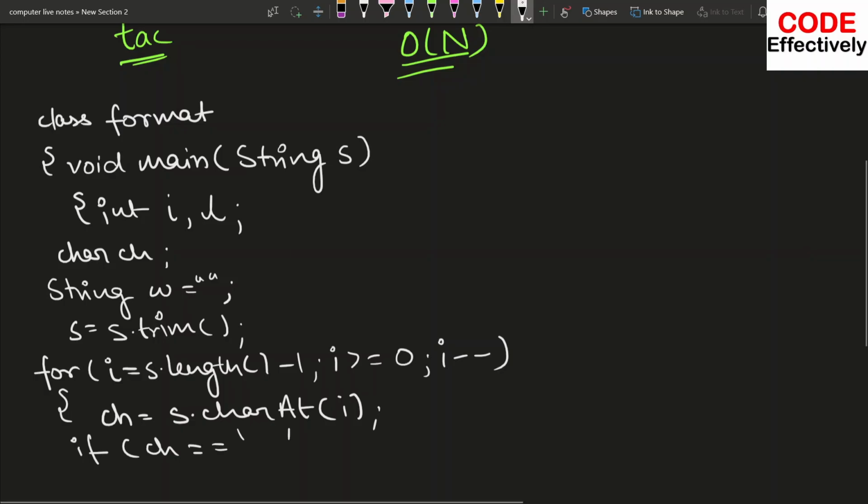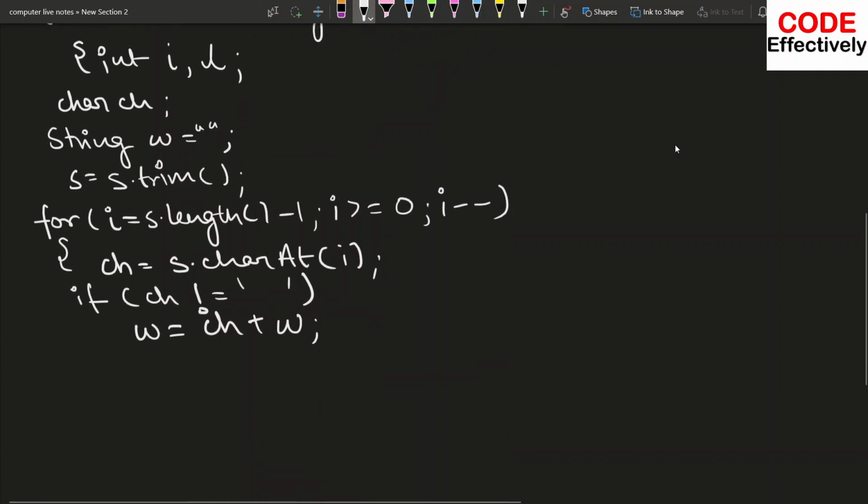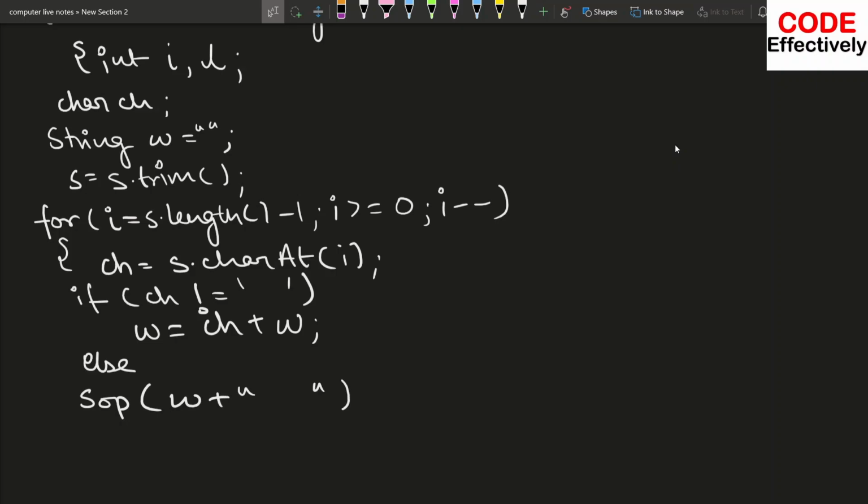Just one simple if: if it is not equal to space, then we make w is equal to ch plus w, simply storing that word in the form of a word. And else, you can just write else System.out.println, or I am writing in short SOP, and then a simple space.